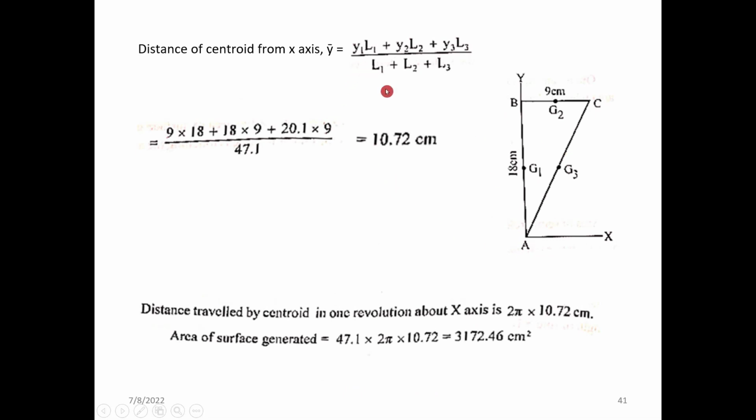So y into L1. So we have the 9 centimeter here. So 9 is a distance of 18 centimeter from the baseline. 9 into 18 plus 18 line is having the midpoint at 9. So 18 into 9 plus 20.1 is this inclined line, and this inclined